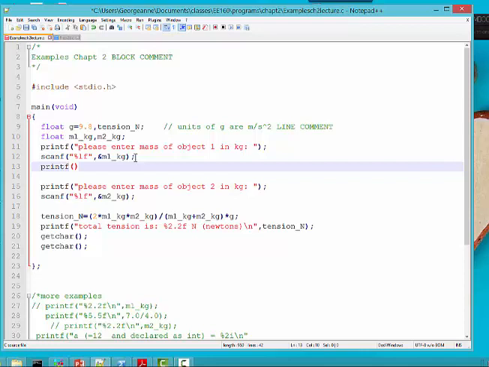But for troubleshooting, I can put in some extra lines of code. Whoops. So I put in this extra line of code that says, okay, my program asks the user to input the mass of object 1. User enters it, but then I put a printf statement in here so that I put back out what was stored in mass 1 kilogram. What was stored for that value of the weight. So I output it back to the screen so I can see what was exactly stored to see what the problem was. So save that,